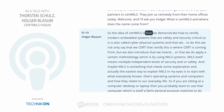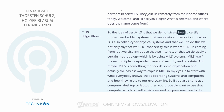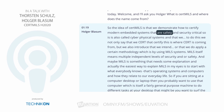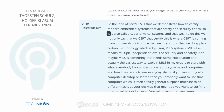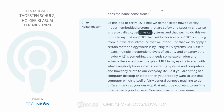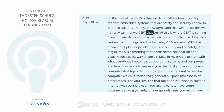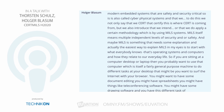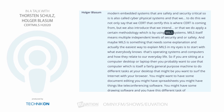So the idea of certMILS is that we demonstrate how to certify modern embedded systems that are safety and security critical. These are also called cyber-physical systems. And to do this, we not only say that we certify, this is where the cert is coming from, but we also apply a certain methodology, which is by using MILS